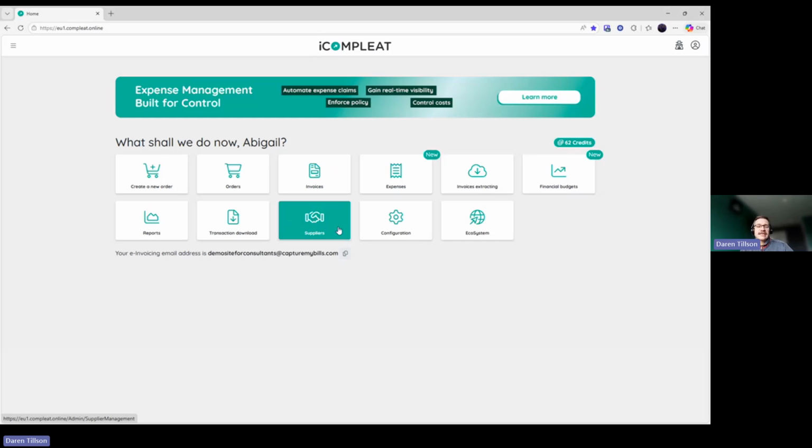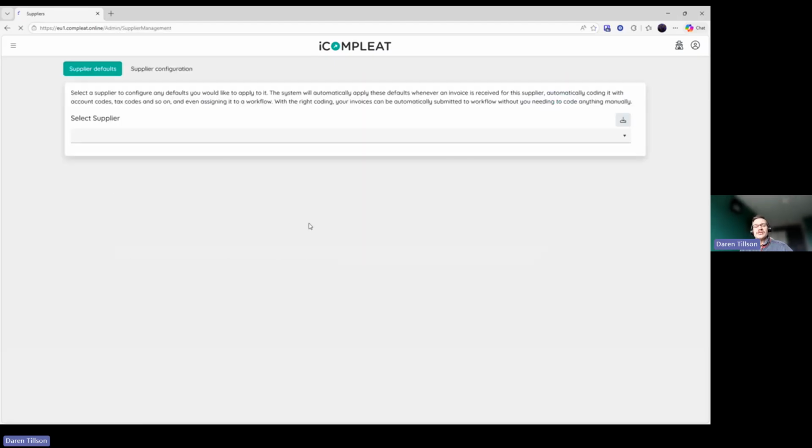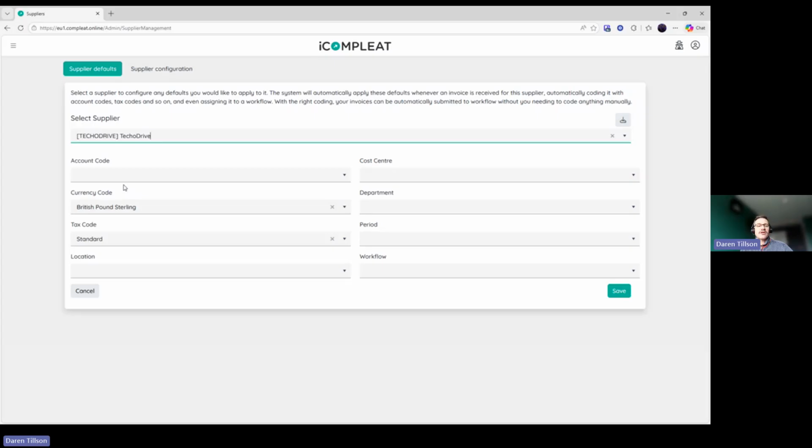Now this tile is only available to administrators and AP operators, but if I go into this tile, it's simply a case of find my supplier, and then through the supplier default, I can preset my account code. I can also preset anything else that I want to use as well. This will also carry through onto the invoicing side, so it's the defaults for orders and invoices. But if I save the account code there